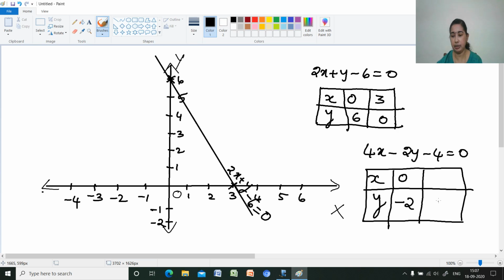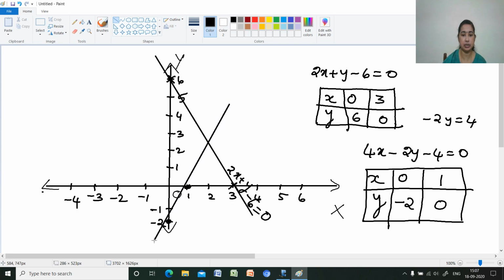Same way we are putting y value as 0. If I am putting y as 0, 4x equal to 4 or x equal to 1. So two different values, that is how we are putting here. First give the value for x as let it be 0. So if it is 0, minus 2y equal to 4 or 2 cancelling here, y equal to minus 2. So 0, minus 2 is 1 point, then 1, 0 is the second point. Joining these two by a line,